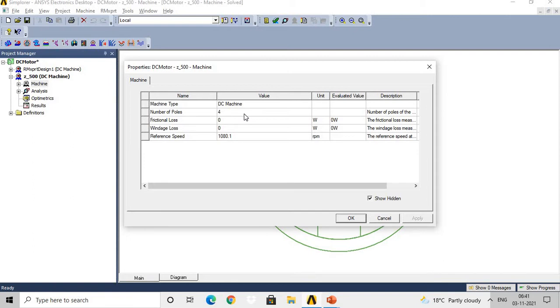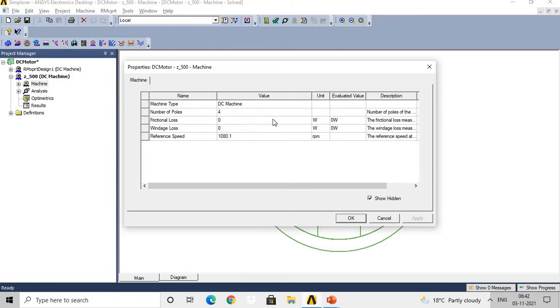Then it will be better if you do the theoretical design first for any machine, and then you need to give those theoretical design values here as an input